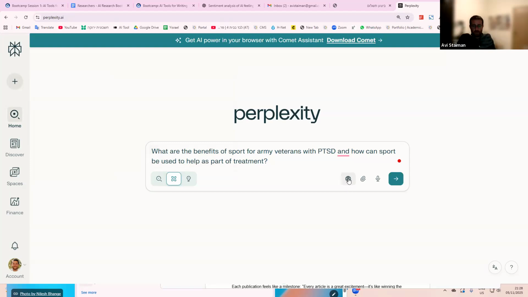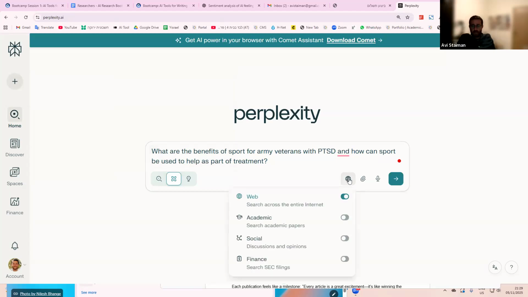The other thing that I want to show you how to do is decide what the sources for my search are. If I'm going to ask a question, where do I want it to be searching? What databases or what kind of content do I want it to be searching? Do I want it to look on the web? Well, if I ask this question and look on the web, I'm going to get all sorts of blogs.